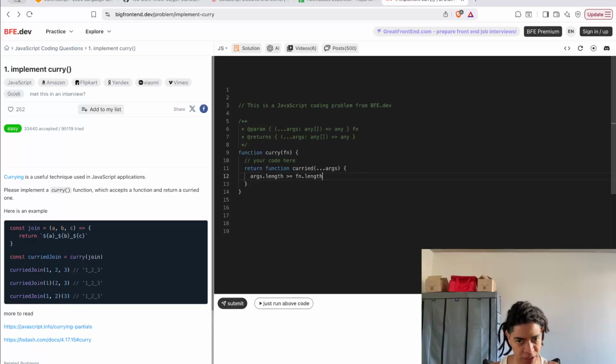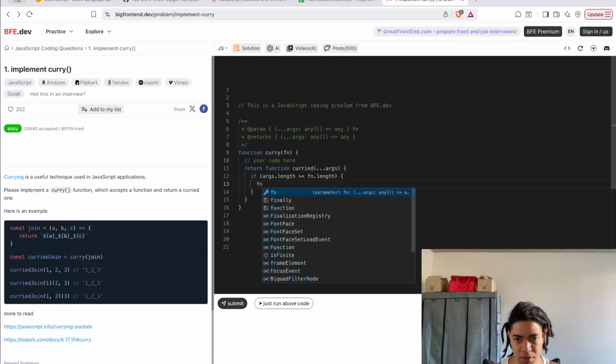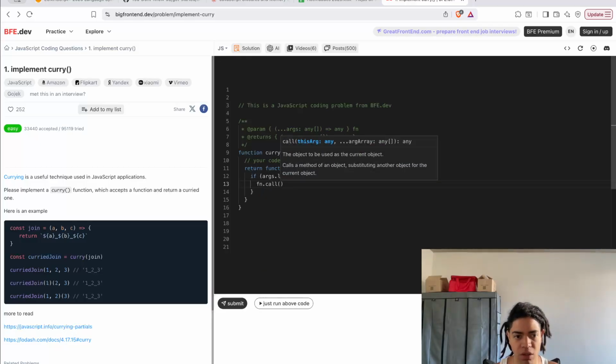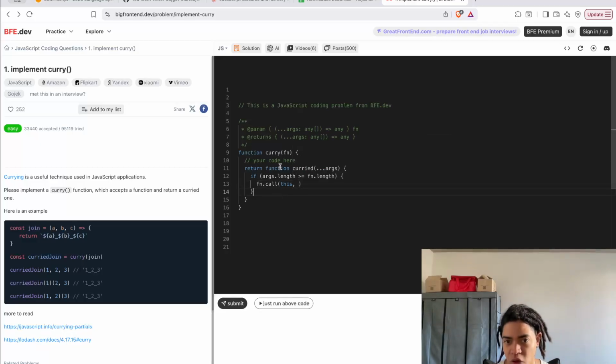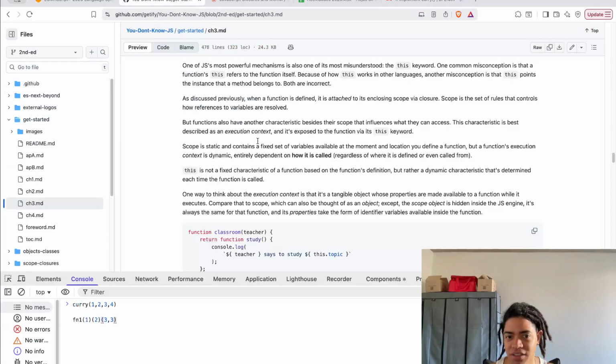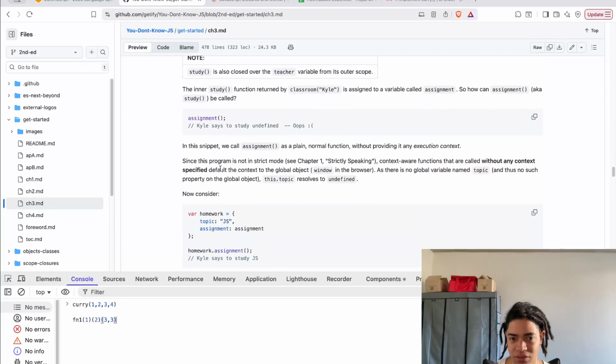is greater or equal to the function.length, and here we are now using a closure, which means that if we already have all of the arguments here, what I want to do is to say, now call this, which is, remember this function that we pass here? I want to call this with this value, by the time that I'm calling this query function,